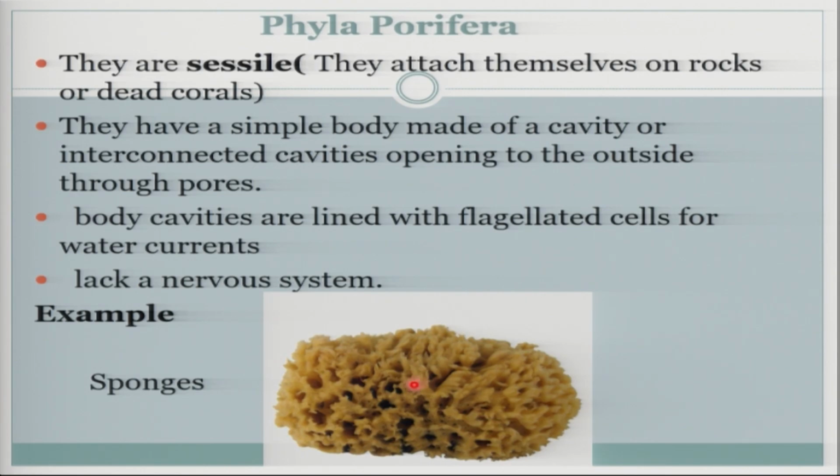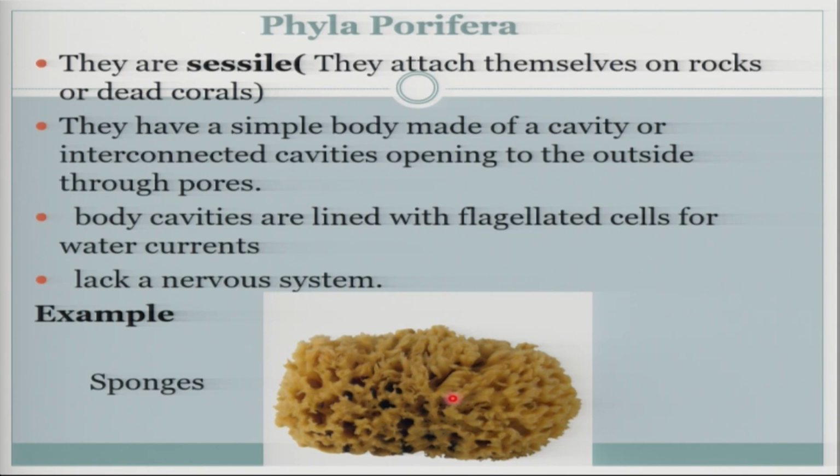So these ones also have flagellated cells for water currents. When water passes over them, they have the capacity of beating the water here and there, like they are feeding; they can pick the food they want from the water bodies. So it's these flagellated cells that are used to beat the water or to create water currents. They have that capacity due to the presence of these flagellated cells that line their body cavities. That is the structure of the sponge.